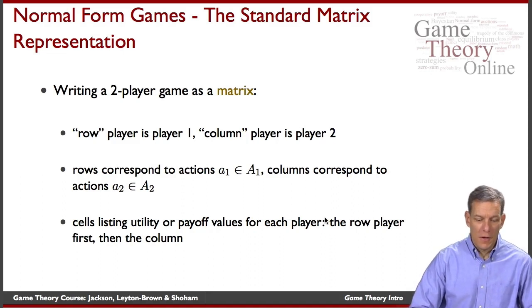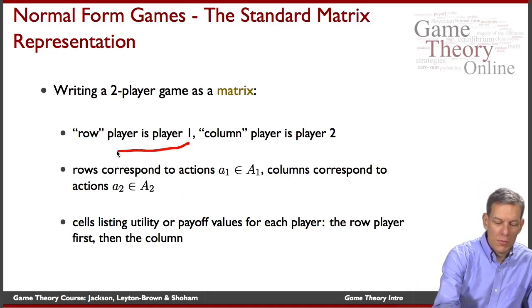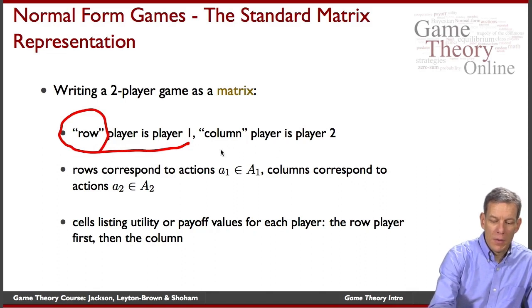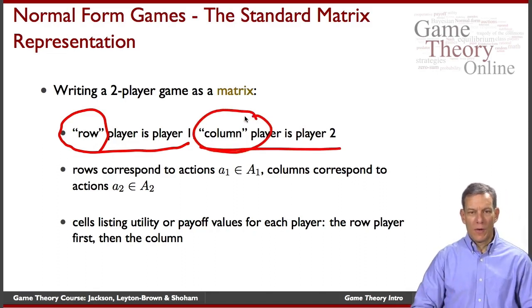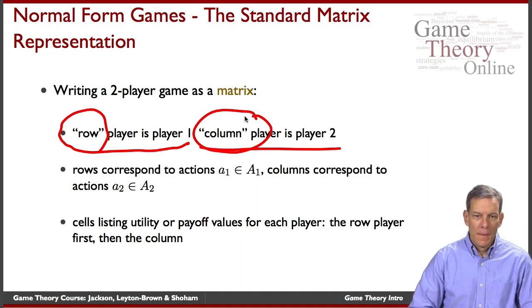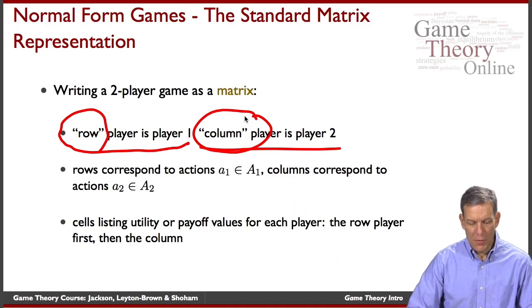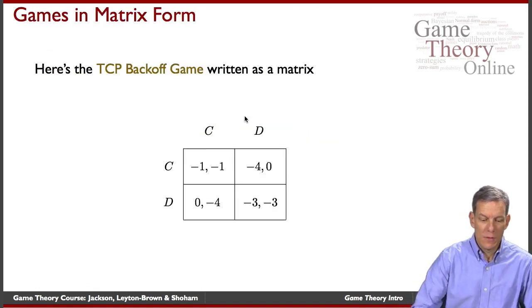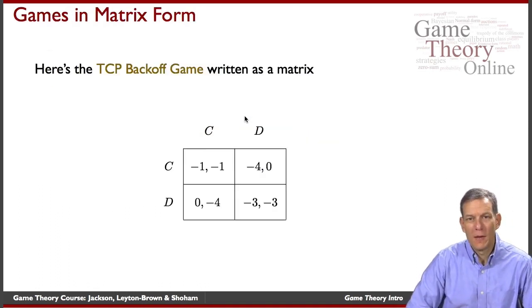So we'll have player one be the row player. Player two will be the column player, so they're going to choose actions that will be represented in the columns of the matrix. And the cells will then represent the payoffs. So for instance, the TCP Backoff game that was talked about in the earlier video can be written as a